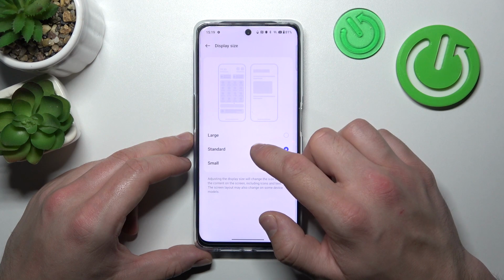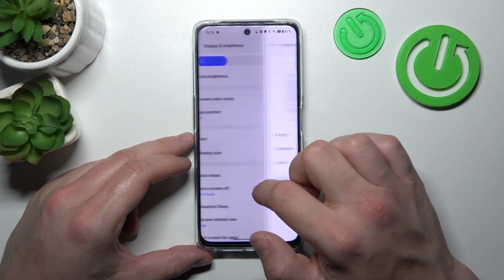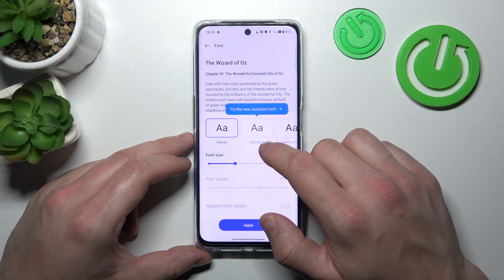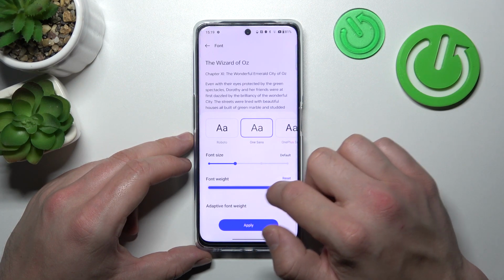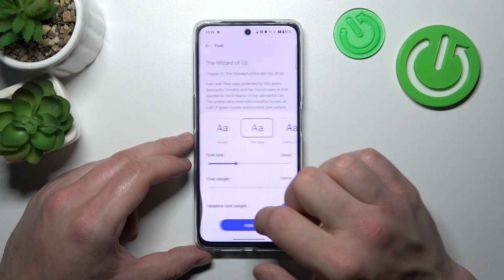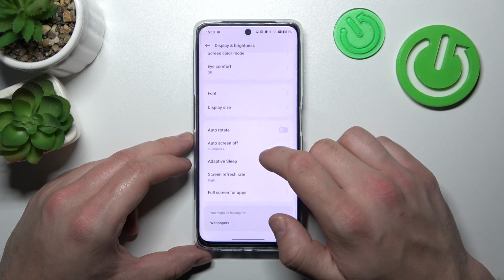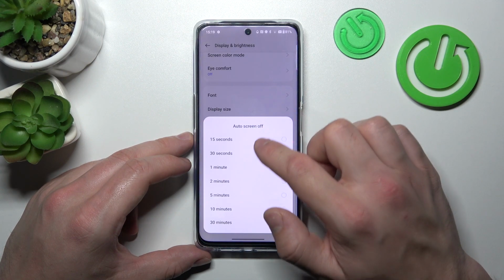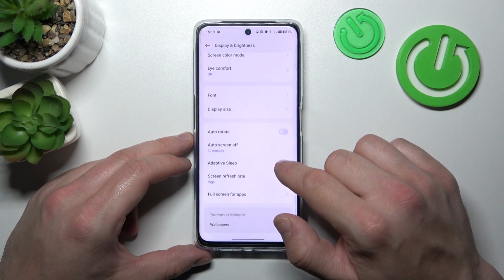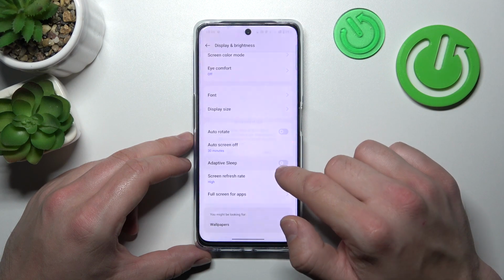Next, we can change display size and font size and style. Next, we can enable or disable auto rotate screen, change auto screen off between 15 seconds and 30 minutes, enable or disable adaptive sleep,